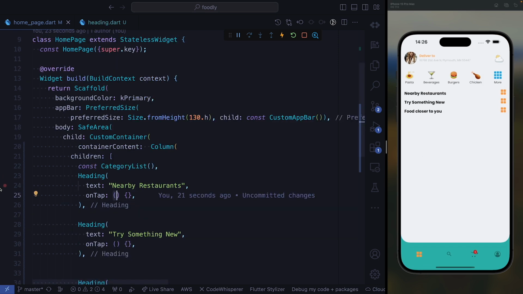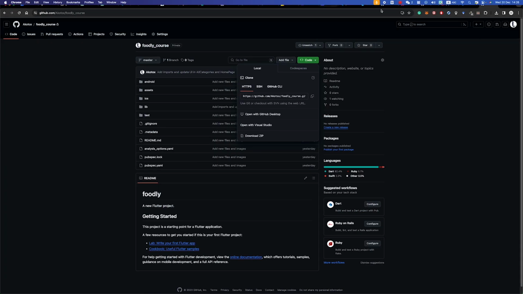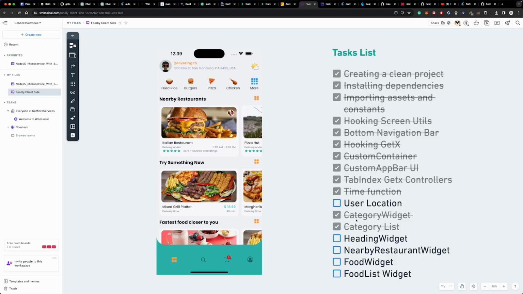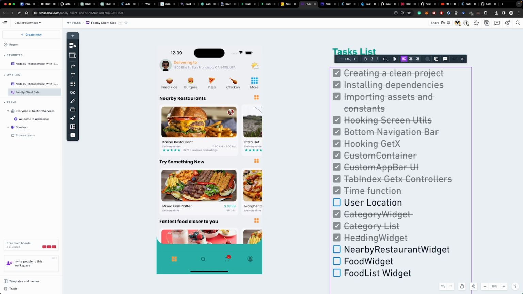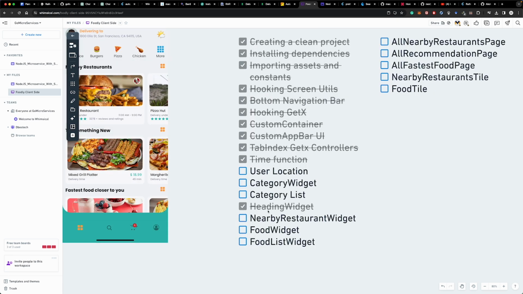So let's go back to our bucket list. So in our bucket list, we need to remove this heading from our bucket list. Okay. We are done with our heading widget, but before we move on, we need to take care of the pages